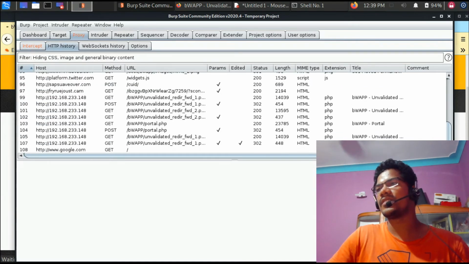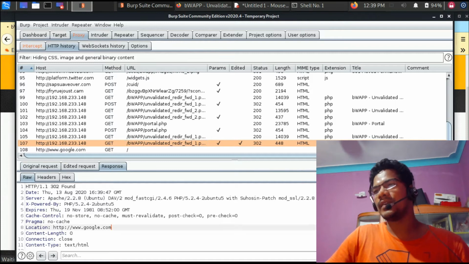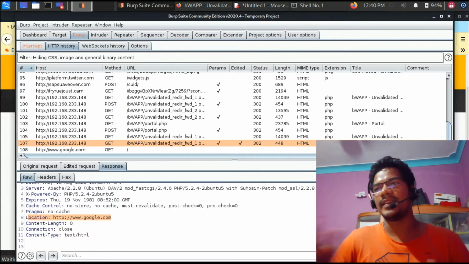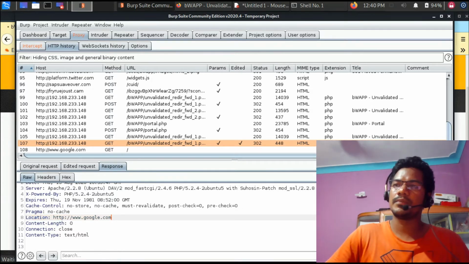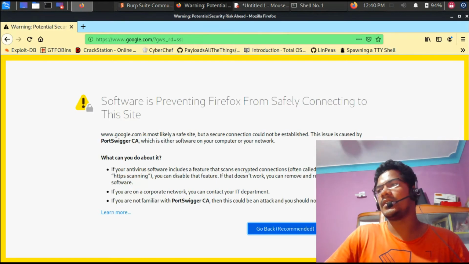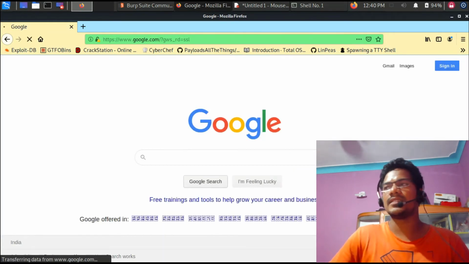And the status code, if you go back to the history, there also you will see the status code is 302, and the response value you will see is 302 Found, and typically the location will contain where exactly it is redirecting you to. So if you see here it is redirecting to google.com, so I'll simply turn off the interception. It will basically take me to this google.com page, right? So I'll just have to accept it, and this is where it took me.